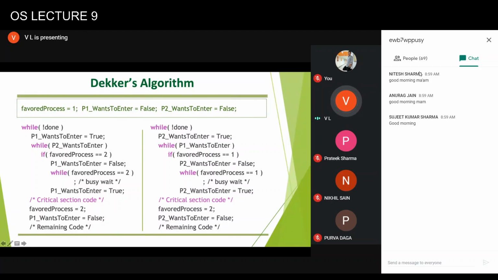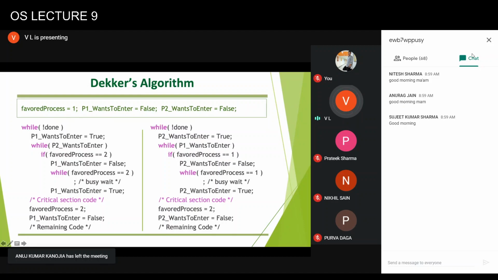Now, because this is happening at the critical section, favored process is being modified after the critical section. So only one of the processes would have got access to the critical section, and only that process will be able to modify it. So when favored process is being updated, even if a context switch takes place, the other process will have to wait. Let's look at this: favored process equal to 2. Even if the context switch takes place here before it was updated, this process still cannot continue to its critical section because favored process is still 2. So ultimately when it gets updated, then only this process will get the chance.